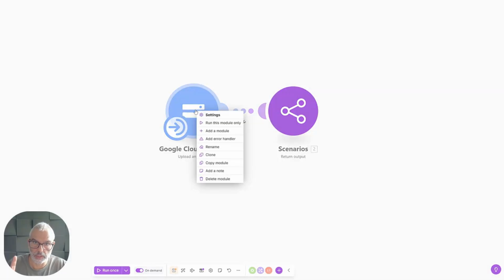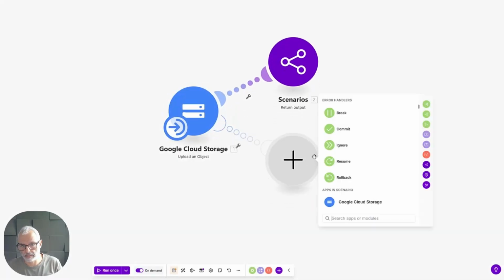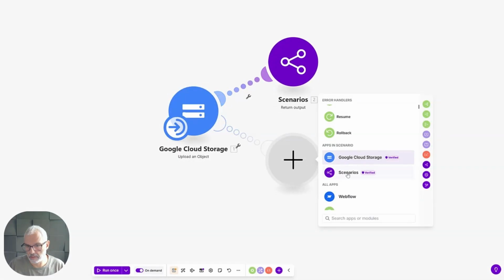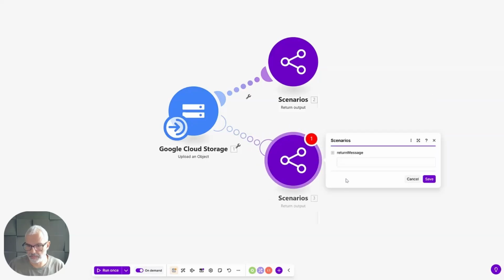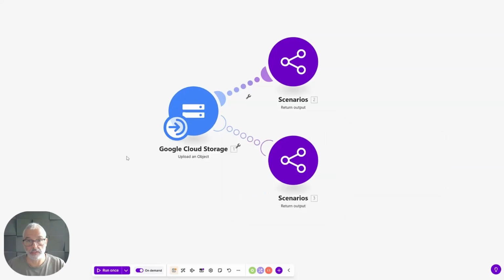The next thing you want to do is just add an error handler. Right click on it, click add error handler, and then the same thing. Go Scenarios, Return Output, and the return message this time will be what the error is. So this is a really simple scenario. It just literally takes the information, loads it to a bucket, says double thumbs up, you're done, or if